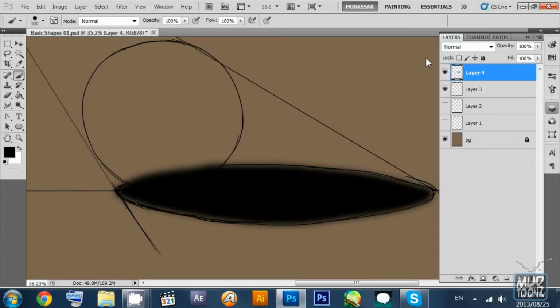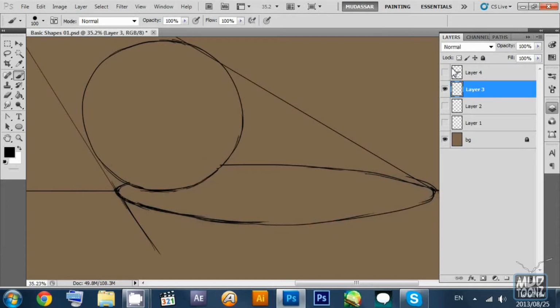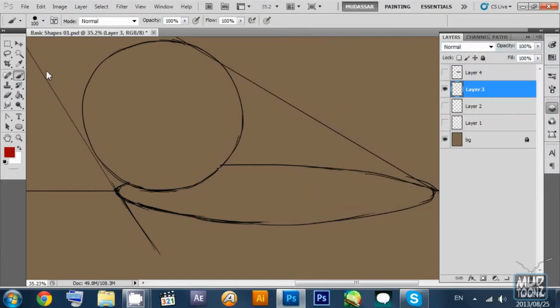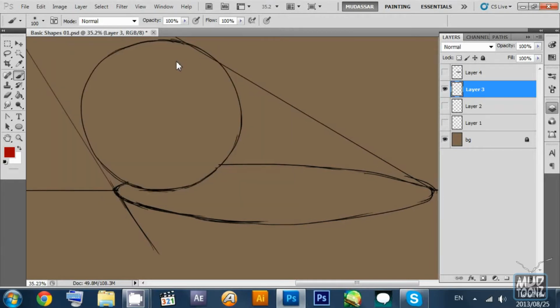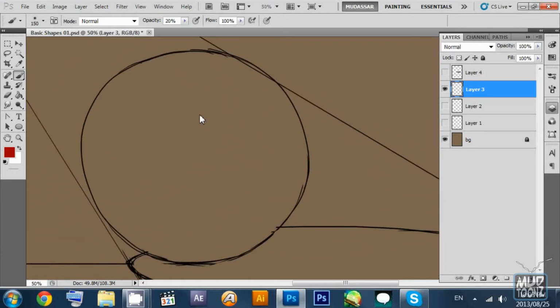Come back to layer 3 and check that we've drawn the circle and the shadows on the proper layers. Turn the shadow layer off and let's turn to our layer 3 and start coloring it. Use the airbrushing technique, brush hardness to 0 so that it looks like a smooth airbrush, and I turn the opacity down to 20%, and I then start applying a color tone to the